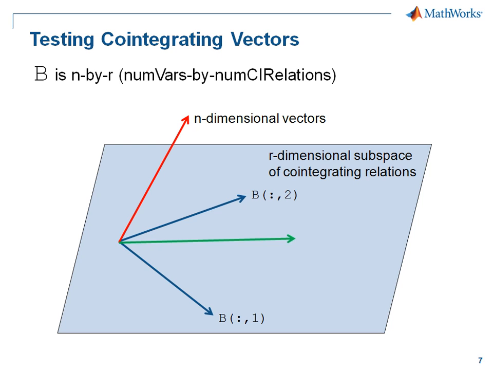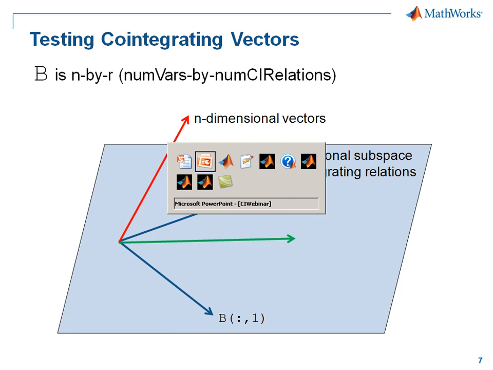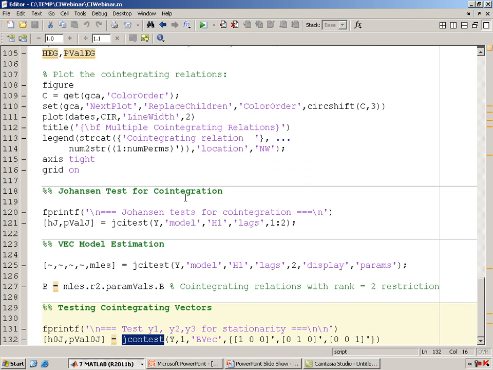And there are also versions of it that will allow you to look at linear combinations, put constraints that certain linear combinations of the variables have to be true, purchasing power parity or something, where you have one variable equal to the sum of two others. Is that constraint satisfied in the subspace of cointegrating relationships? You can test all of those kinds of hypotheses on both cointegrating vectors and on adjustment speeds using this function